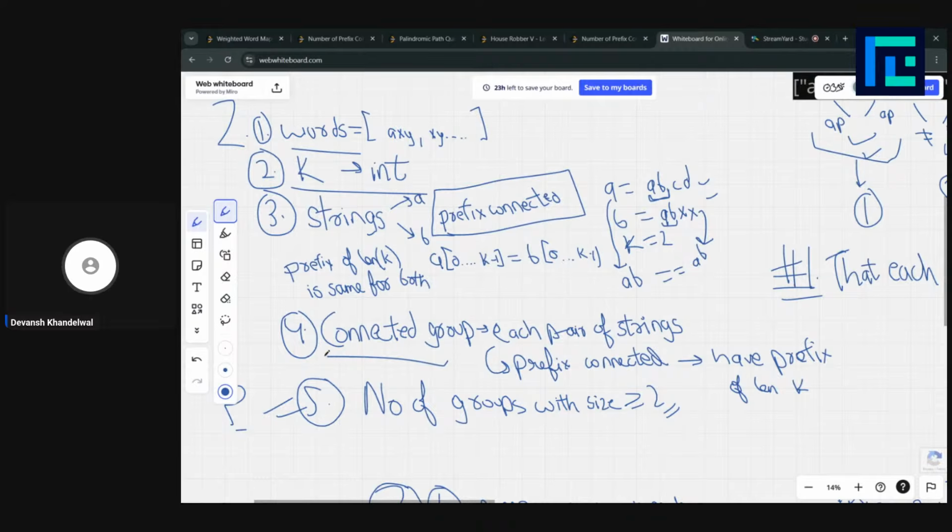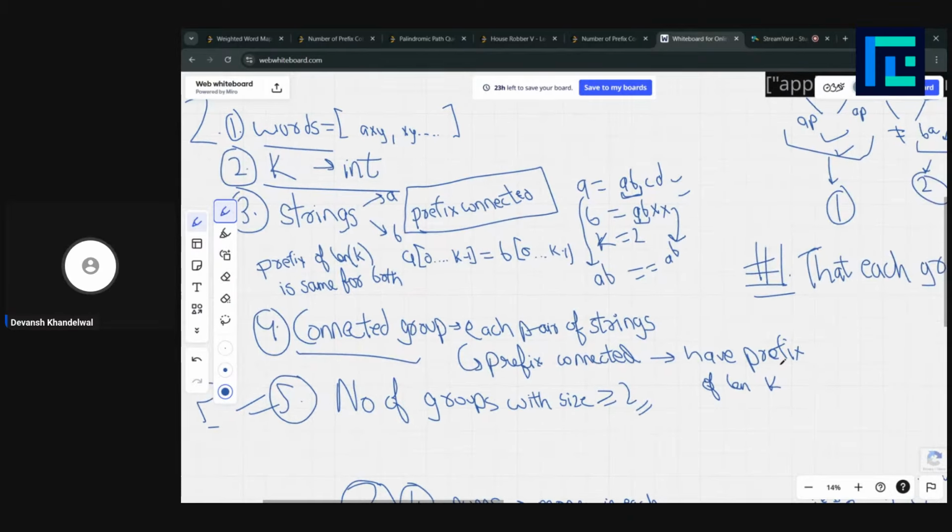A connected group is a group where each pair of strings is prefix connected, right? Or have the same prefix of length k. And then we are told to find the total number of groups with size greater than or equal to 2.